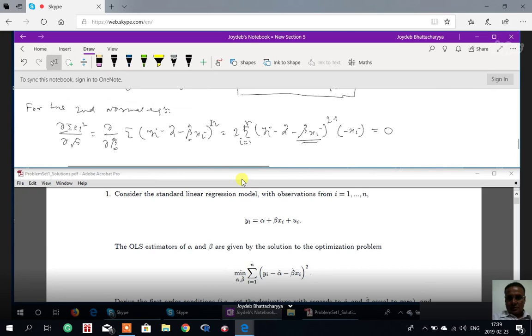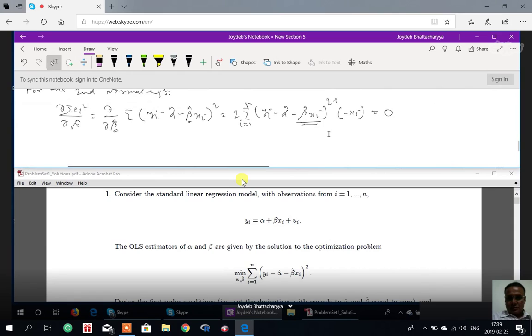Is that a mistake in my solution set, because in the solution set it is just xi? No, actually this minus xi should be there in totality. I am coming to it, you just follow. Sometimes people forget to give the correct sign, but it is expected that we use proper signs in doing such fine things.